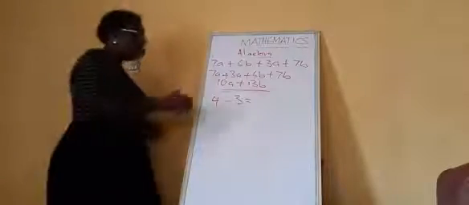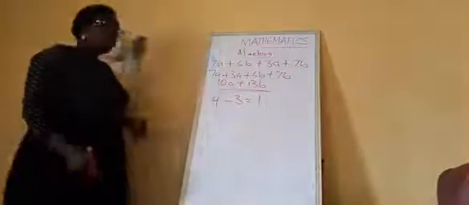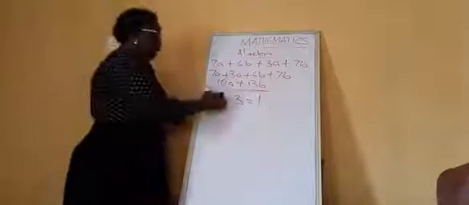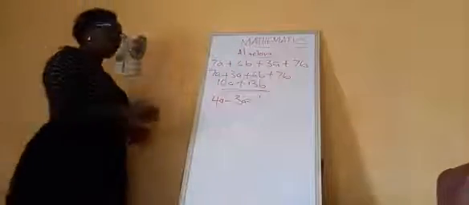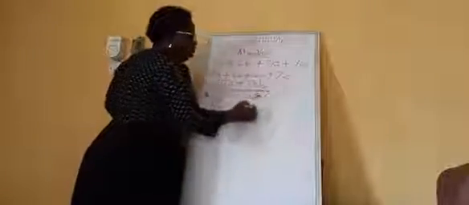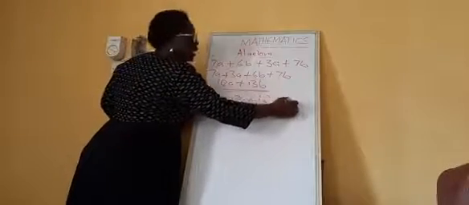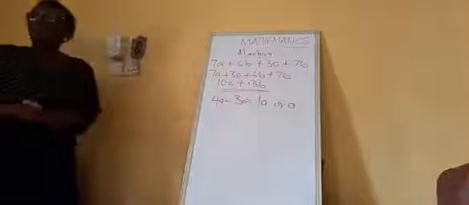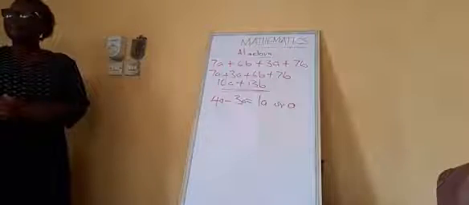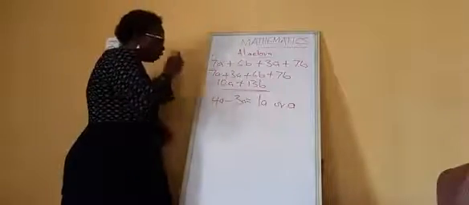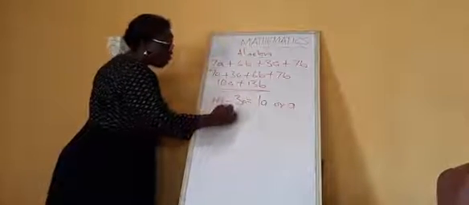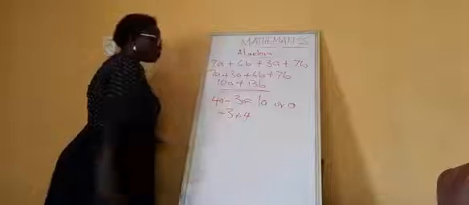Is 1. Thank you. So if I decide to put A and A here, what will be the answer? 1A. Thank you. So 1A is still the same thing as A. Now let me reverse it and let's see what we are going to get out of it. So when we have minus 3 plus 4,